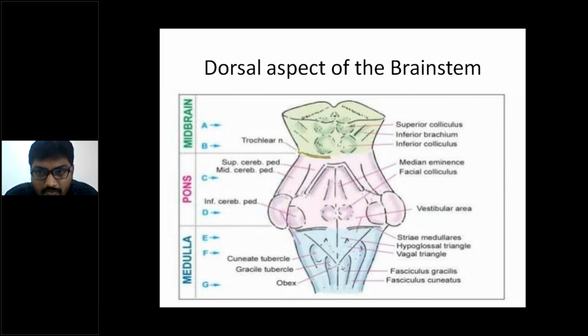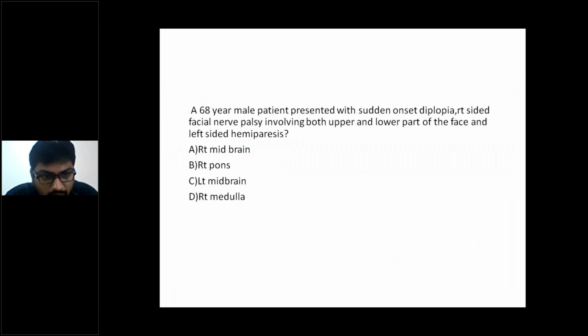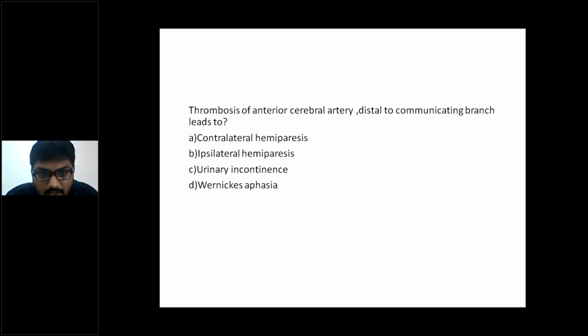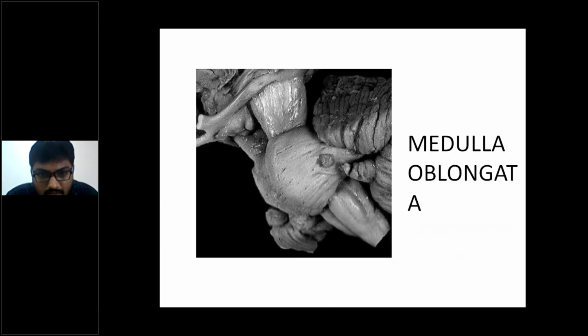Okay, so this is the dorsal aspect of the brainstem we have discussed already. So urinary incontinence, right? Pons, and we have discussed everything. So now we are coming to medulla oblongata. Actually, first we will discuss only medulla oblongata today. Then we will go for pons in the next session. Then midbrain. Already midbrain syndromes we have discussed. So if we discuss medulla oblongata now, we'll complete a maximum part of stroke syndromes.